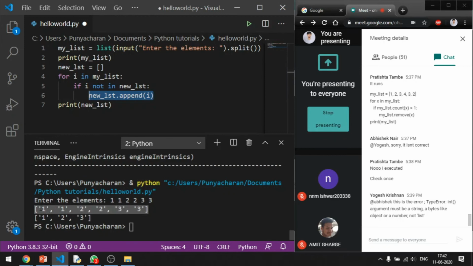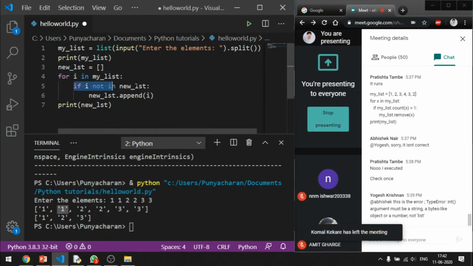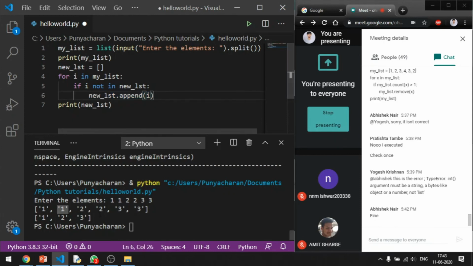Where once in the first iteration, it is going to append one into its first position, that is zeroth index, and then I is going to get one as its value. Then in this particular if condition, it is going to check if this particular value is already inside new list. In the second iteration, it is found that it is already inside the new list. It is not going to execute this, which is appending the new value inside the new list. It is again going to go ahead with the next iteration, that is 2, and